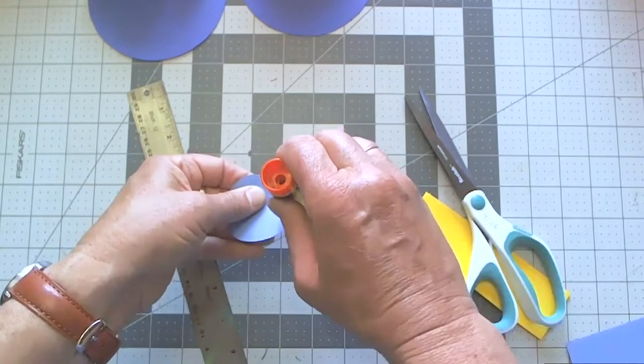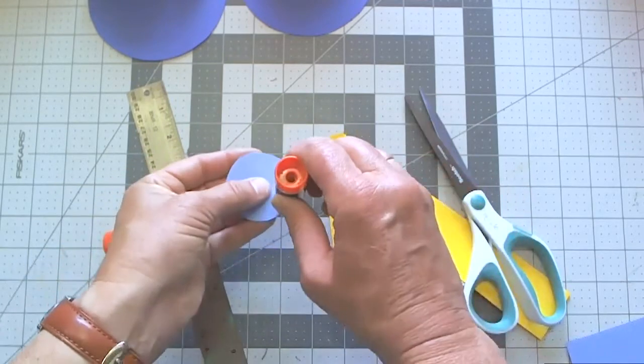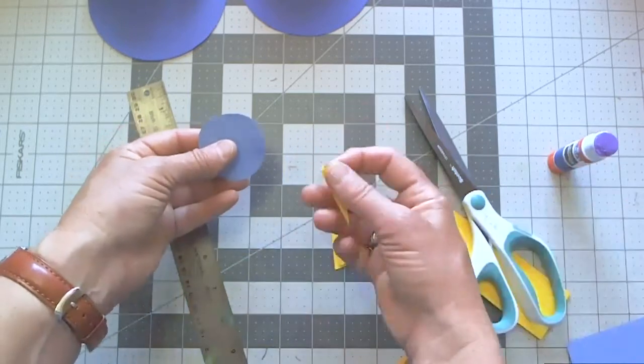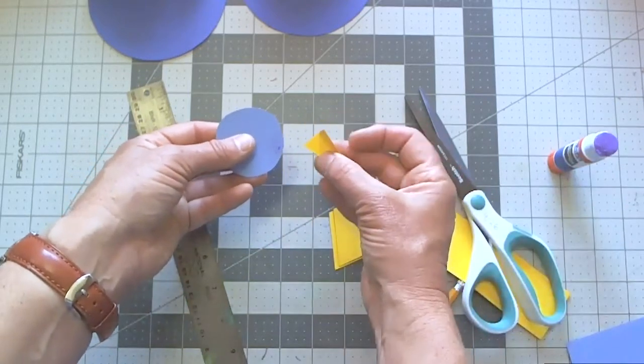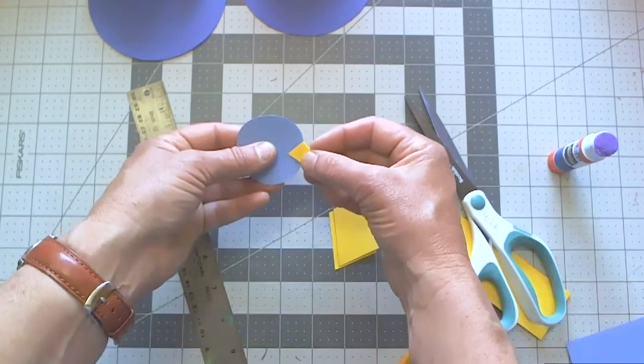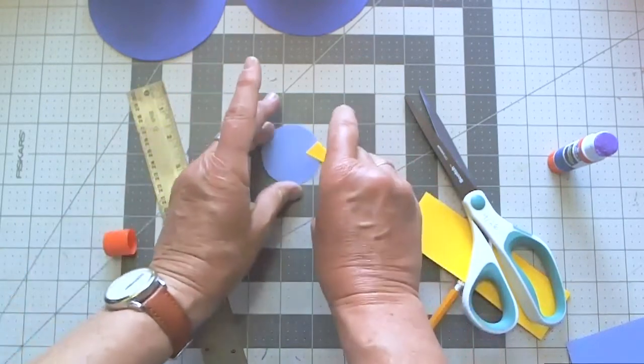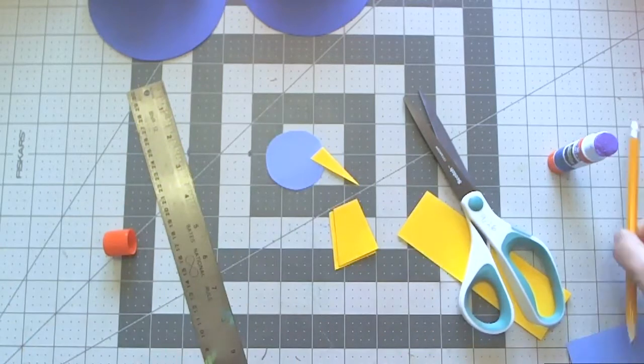Put glue on both sides of the front part of your circle there. And then just take your beak, open it up, place it on either side, and squeeze. Score that down with your finger, just kind of rub it so that it scores itself down there. Okay, and now we're going to make his